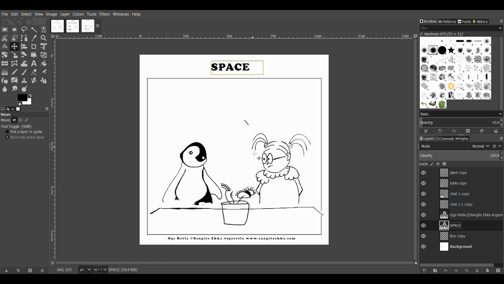There are a few other versions of Oge that I use depending on what context I want her expressions to be like. Sometimes I do have to create it from scratch. So this is just a handy tool that you can use to create multiple variations of expressions or positions, and then use them over and over again instead of drawing them from scratch.